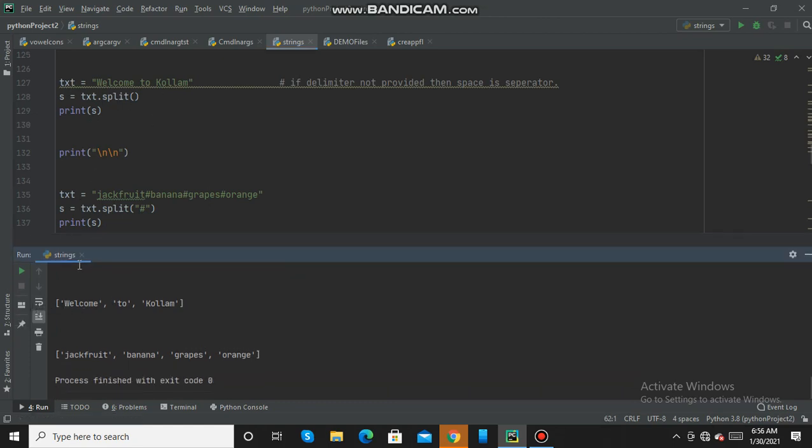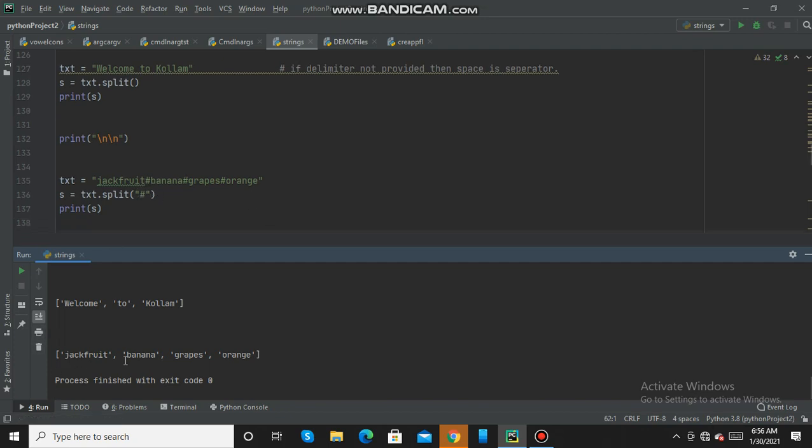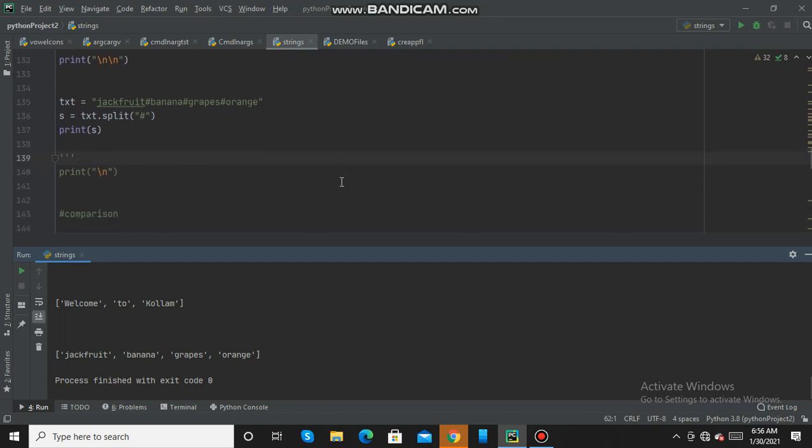So here we have got the list and the elements. So the delimiter was space here, and here the delimiter was hash. Here also we have got a list, and using this delimiter it has broken it into different elements within a list.